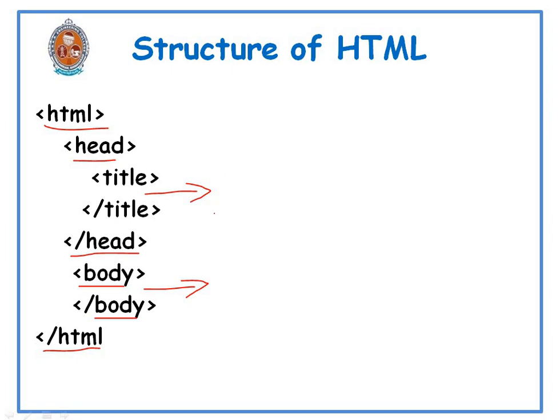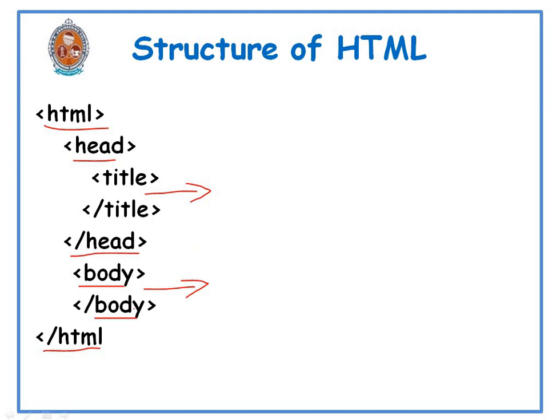And coming to the header tag, the header tag is a paired tag. It contains both a starting one and an ending one. So whatever text is written inside the header tag provides information about the document. And coming to the title tag, it is also a paired tag. It contains both a starting one and an ending one. So whatever text is written inside the title tag becomes the title for our HTML document.